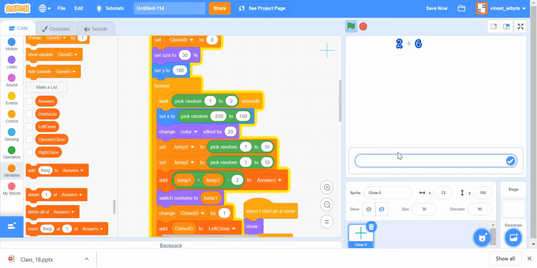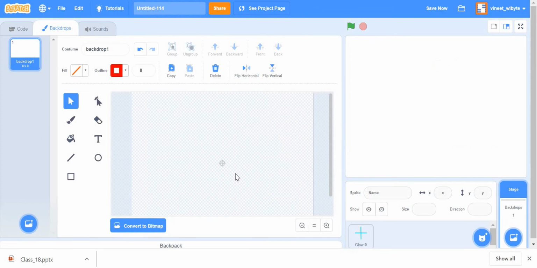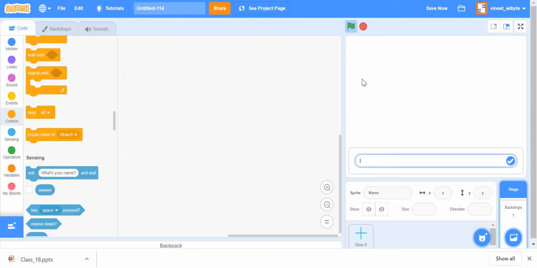And in fact, the game has become quite interesting. If I have to keep up with all this, it really requires concentration, and it's a great practice for mathematics, maybe for people who are learning summation and so on and so forth. So it's a kind of useful game in that sense, right? Now that our game has started to work, we are going to code the ending condition. So let's just see this working once again. We have the question and we have those numbers falling down.